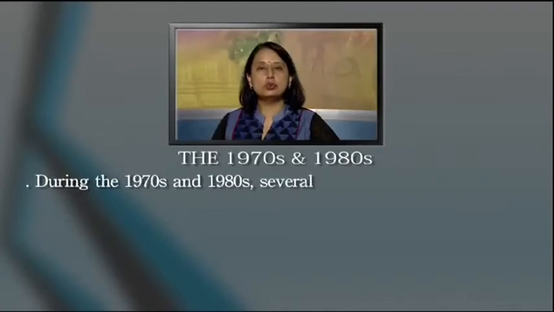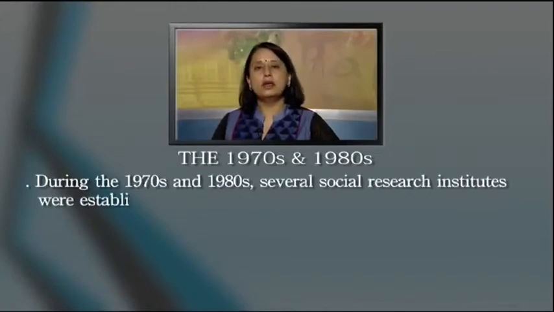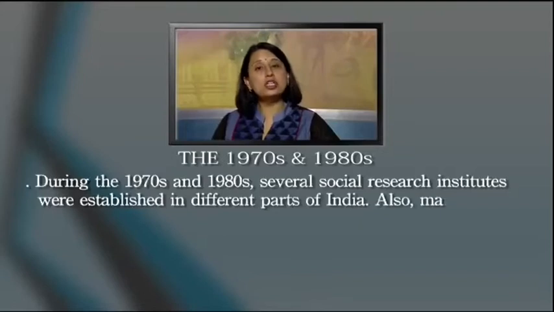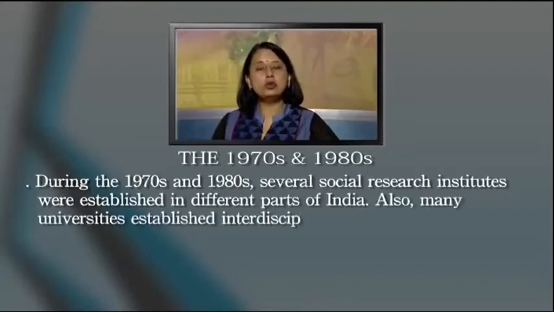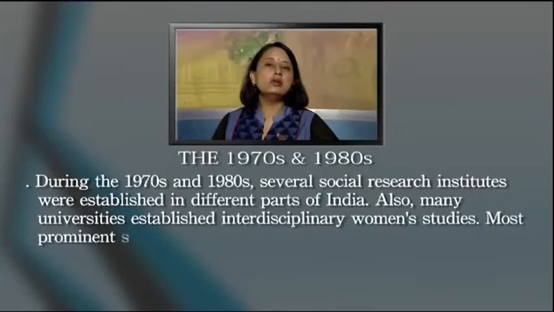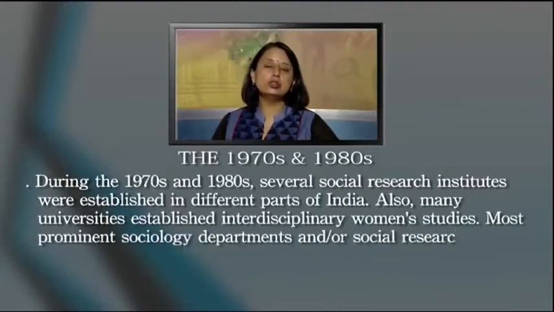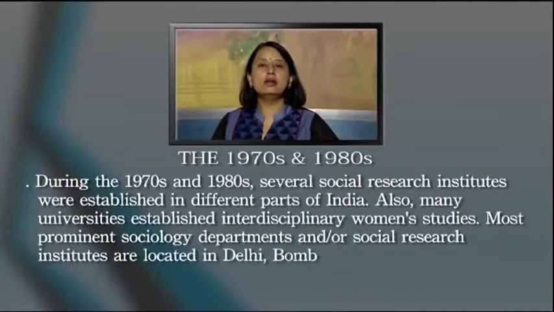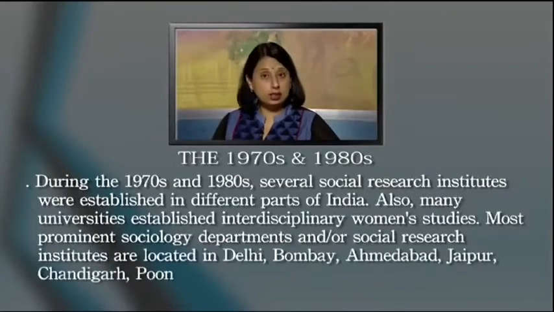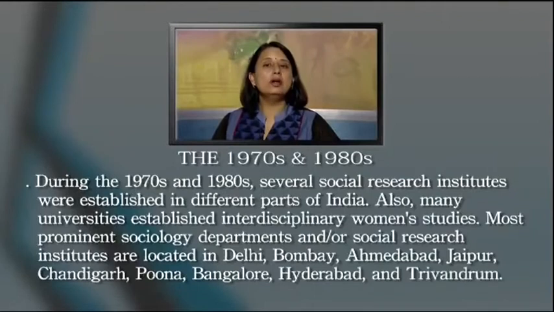Now, you already know that with independence, India started its 5-year plans, and the focus of the 5-year plans was social development of the masses, right. So, during the 1970s and 1980s, several social research institutes were established in different parts of India. Also, many universities started establishing interdisciplinary departments, and many of them were also focusing on women's studies. Most prominent sociology departments and social research institutions are located in Delhi, Bombay, Ahmedabad, Jaipur, Chandigarh, Pune, Bangalore, Hyderabad, Trivandrum,